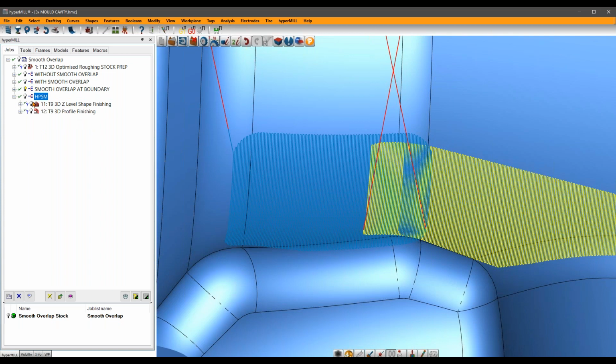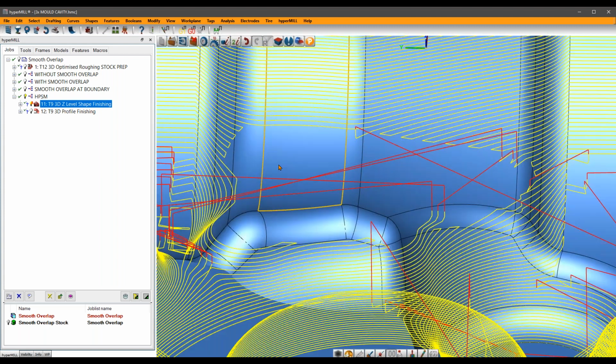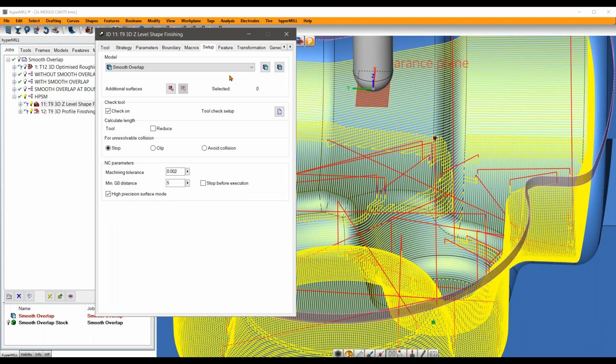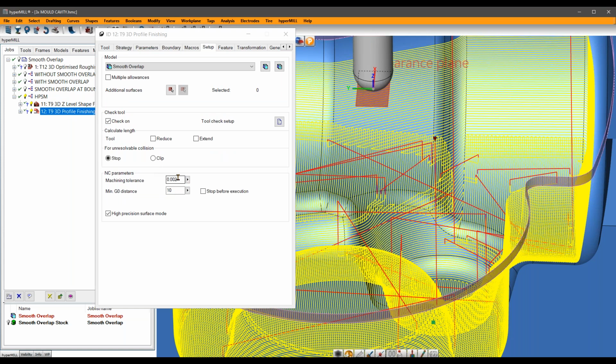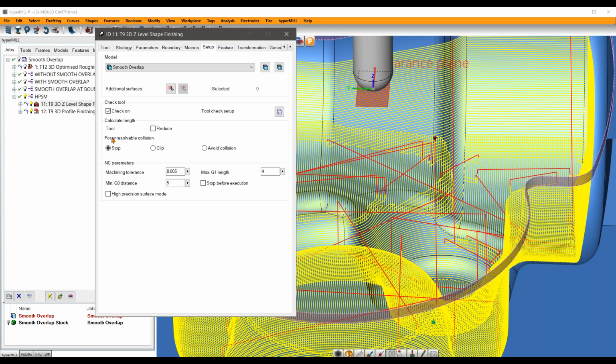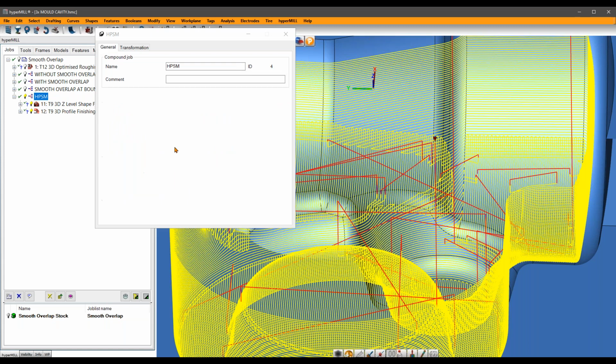The last thing is smooth, high precision surface mode. Okay. Now, Simon mentioned this. We've got some cycles here. I am just going to change the machining tolerance. Machining tolerance is changing the G1 length and the point distribution of the toolpath. Now, if I put this to 5 microns and calculate these toolpaths,